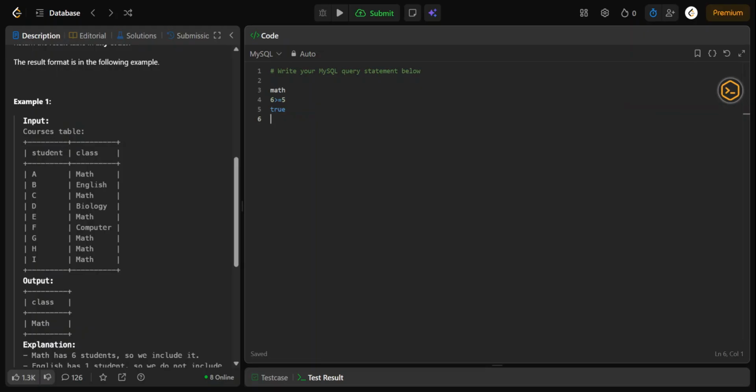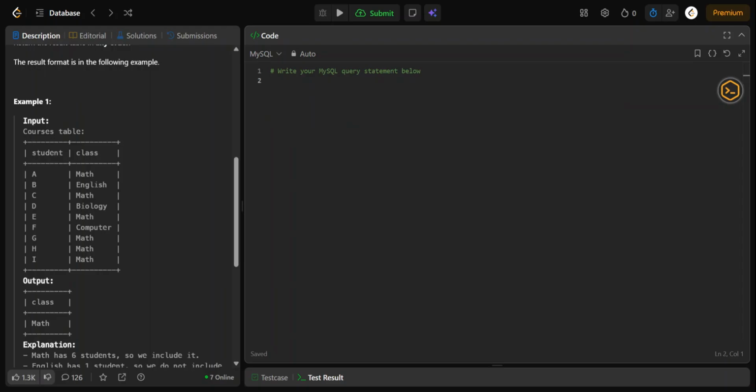Biology, no, one student. Computer, no, one student. All removed except math. Got it? I hope it's clear. So the final output will be math.